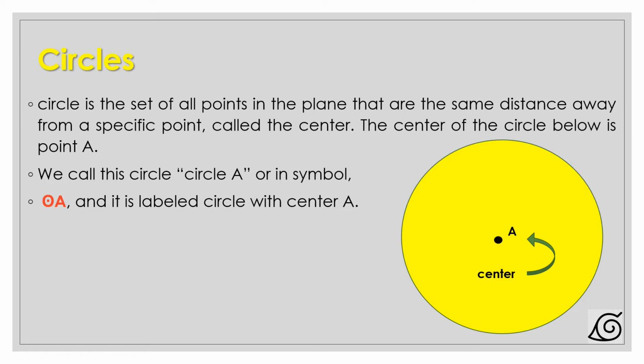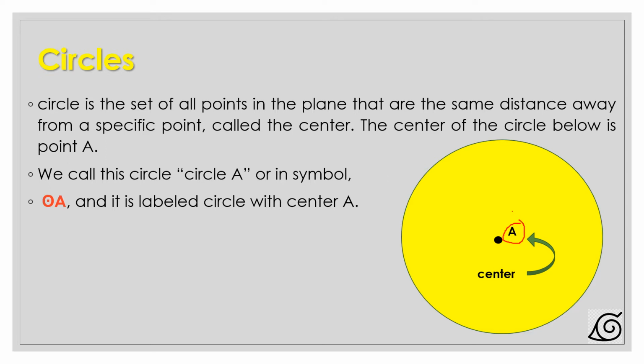Circle is the set of all points in the plane that are the same distance away from a specific point called the center. The center of the circle below is a point A. Tulad po na nakikita po ninyo. And next, we call this circle as circle A. Ayan po, kung makikita nyo, we have here